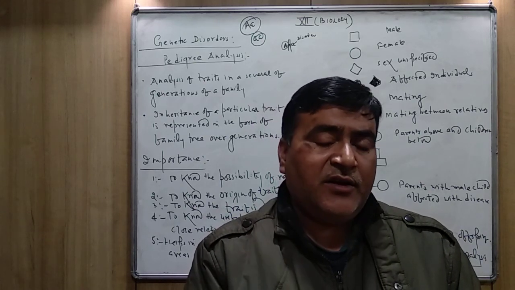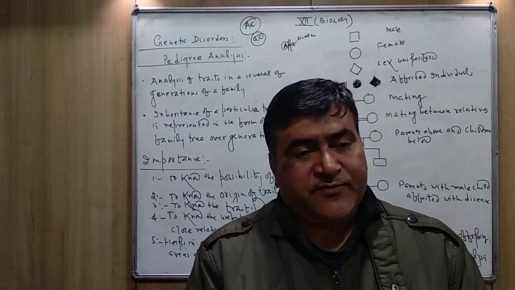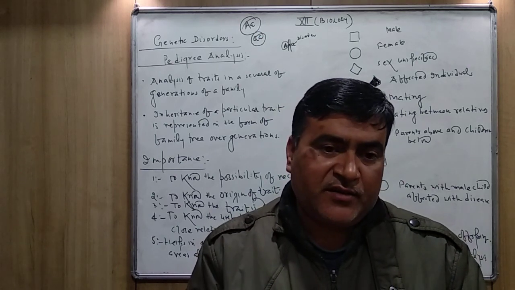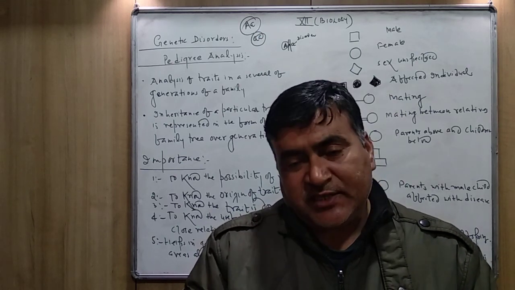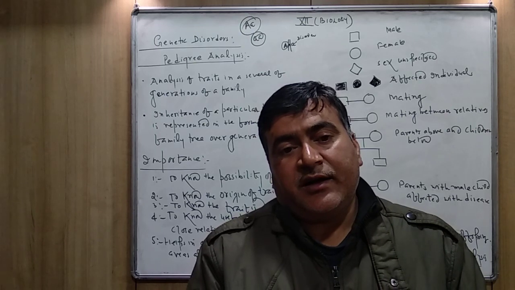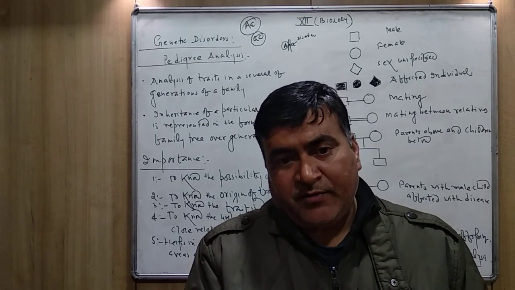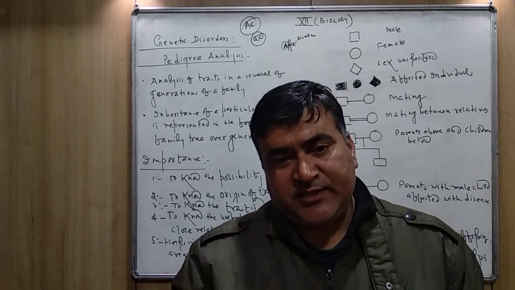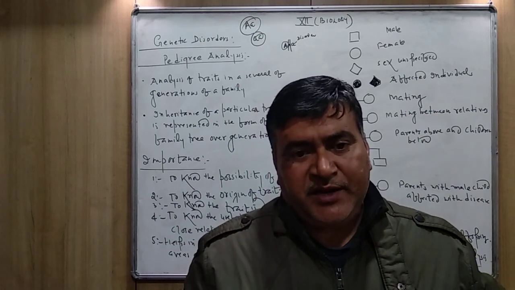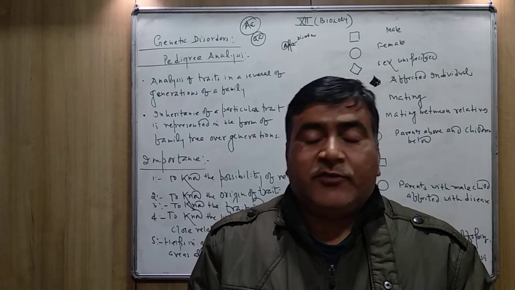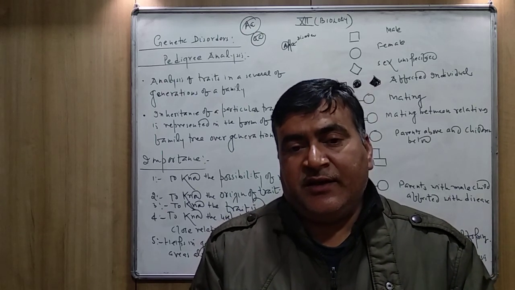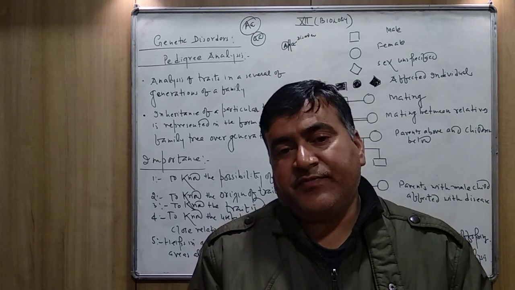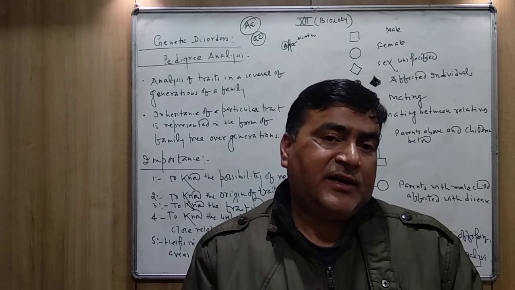If you go to the genetic counselor, the doctor, he will make a family tree. He will ask you some questions. He will make a pedigree, your grandfather, father, brother, sister, like this, a complete flow chart. The genetic counselor will prepare the diagrams, and through the diagram, he will come to the conclusion that